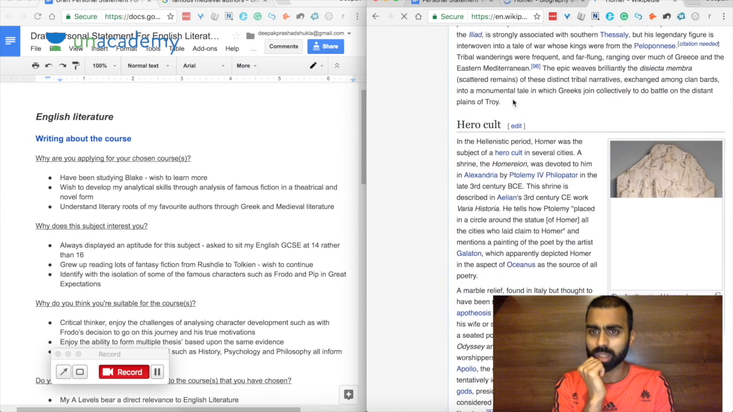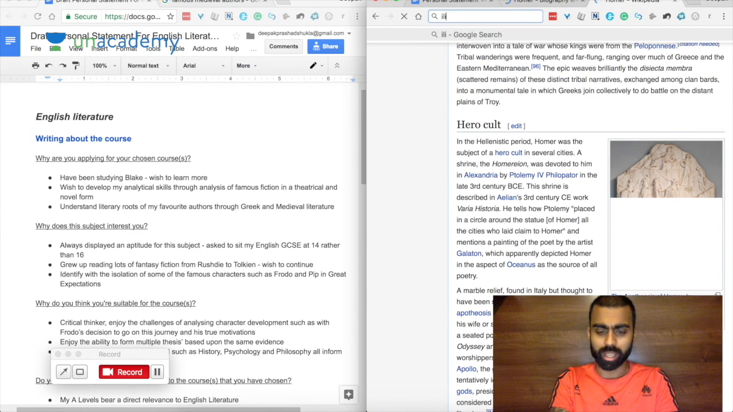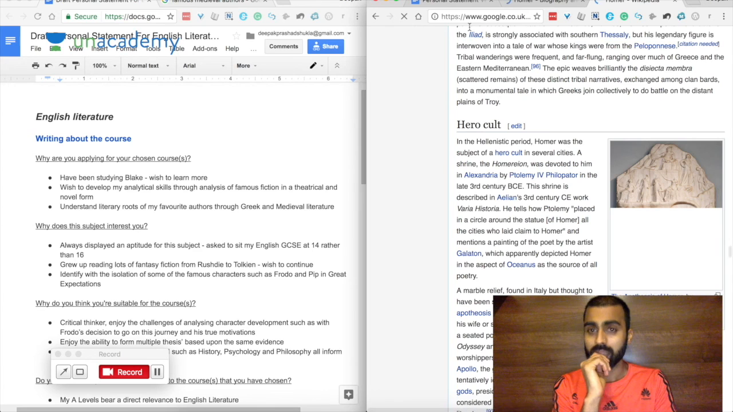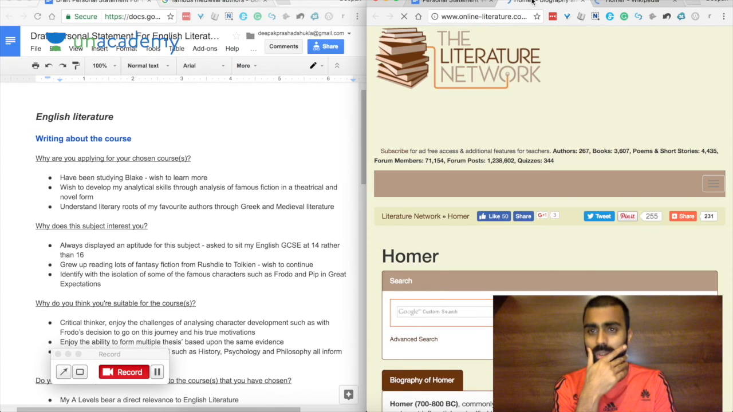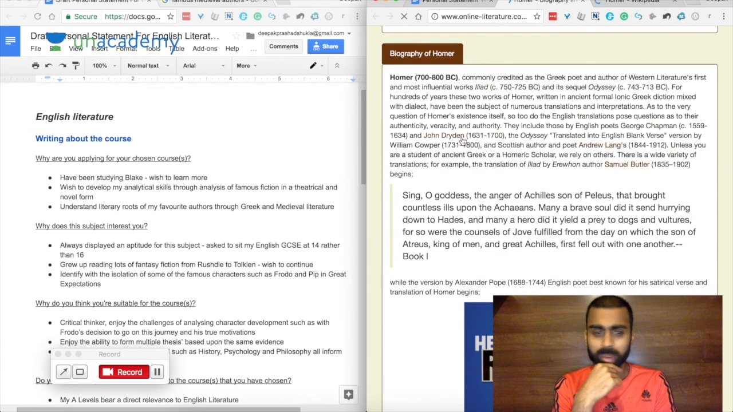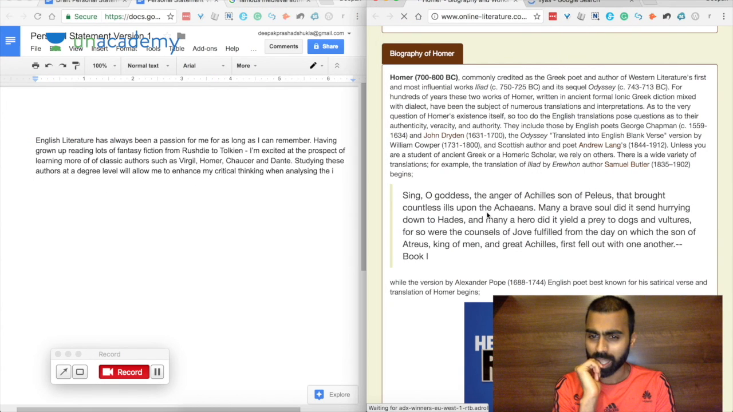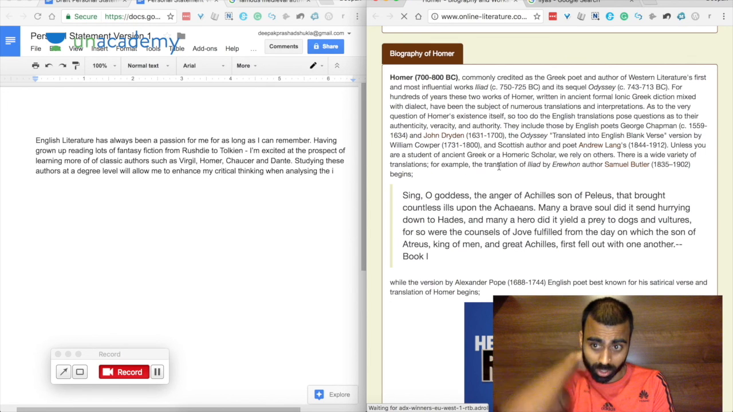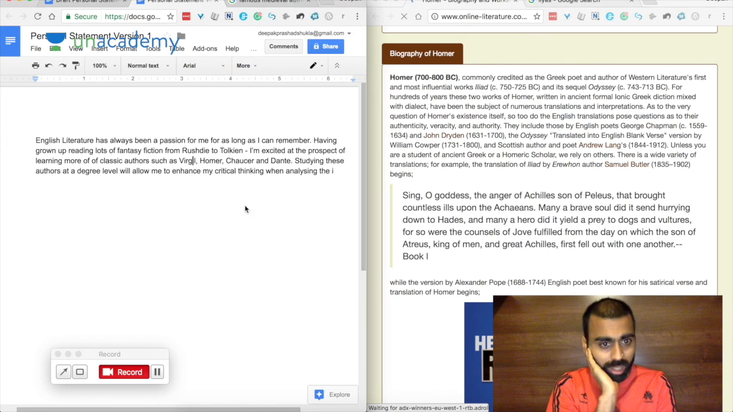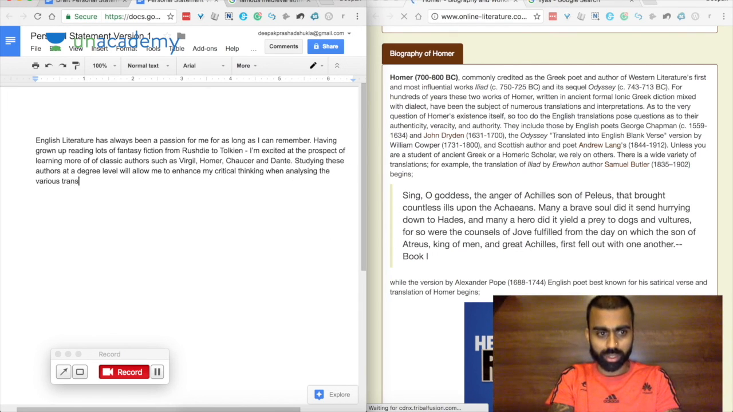So then we'll go straight to the Iliad. That's Iliad spelt wrong, but I think Google will correct it for me. We'll go on here, Homer. We'll now switch this over here, and we'll have a look at, unless you're a student of ancient Greek or Homeric scholar, rely on others, translation of Iliad. To enhance my level of critical thinking, I'm analysing the various translations of the